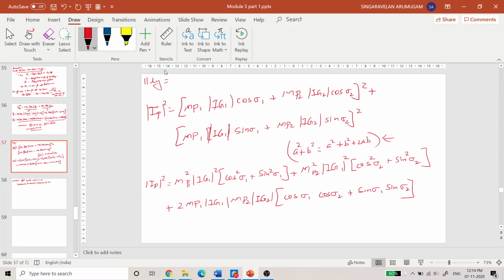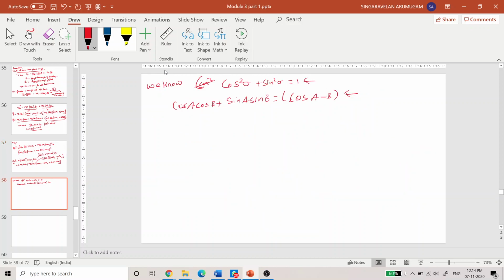Wherever I am getting cos square delta 1 plus sin square delta 1, I will make this 1, and this also 1, and cos a cos b plus sin a sin b will be cos of a minus b, right? If you simplify like this, then the resultant value will be,